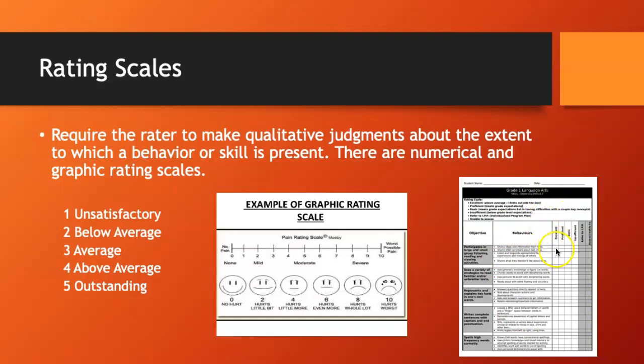But instead of saying yes or no, or present or not present, you're looking at the level of the skill or behavior, to what extent that skill or behavior is present for that particular child. There are graphic rating scales, as you see this one here in the middle, where you have smiley faces and sad faces and all the in-between faces